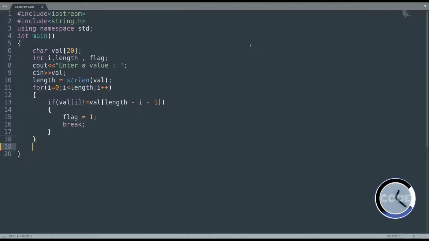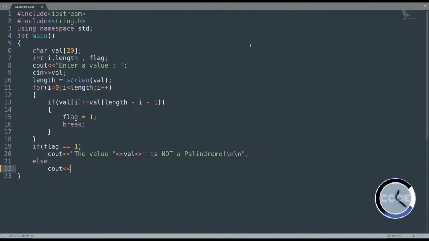Okay, let's declare the results. For that, create an if statement. If flag is exactly equal to 1, say out the value val is not a palindrome. Add some new lines at the end to make it look more clear.